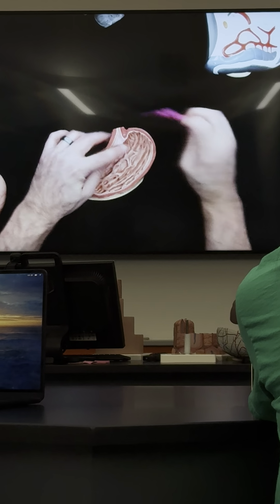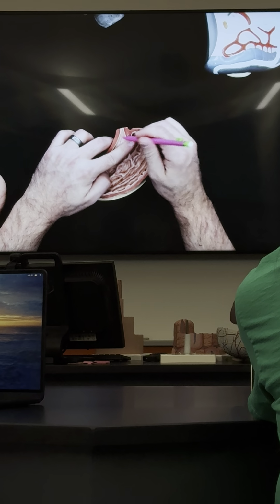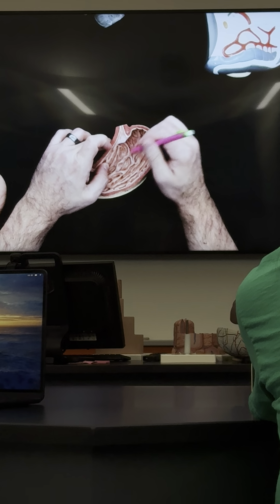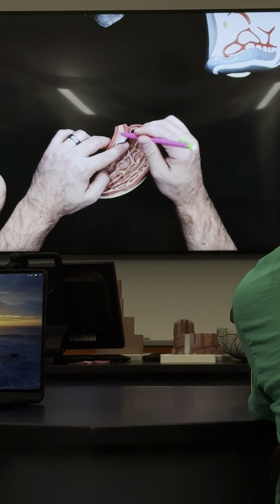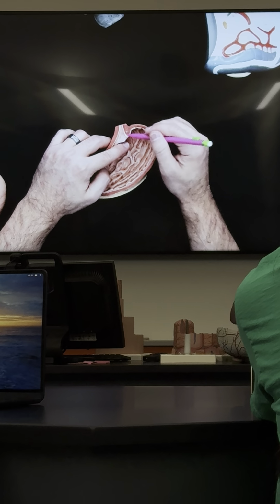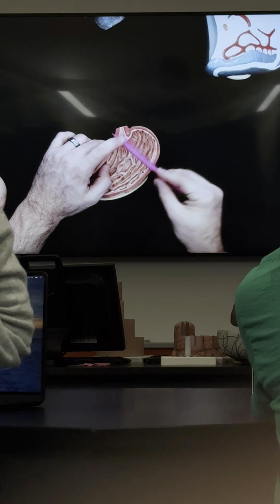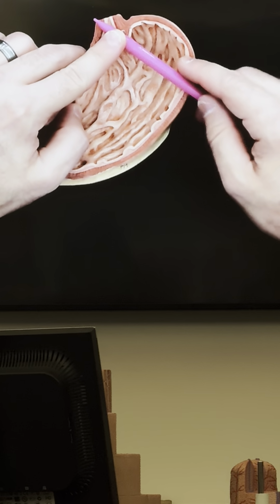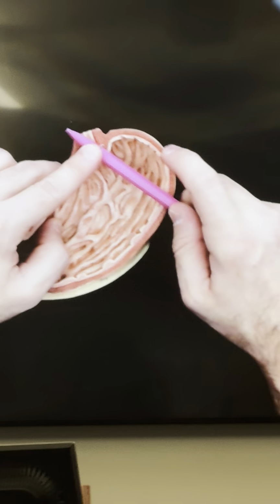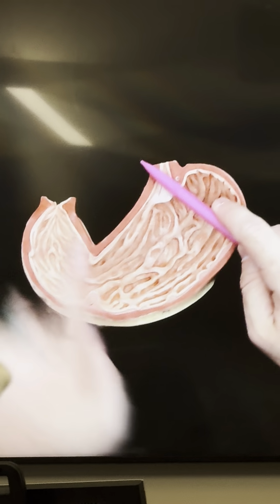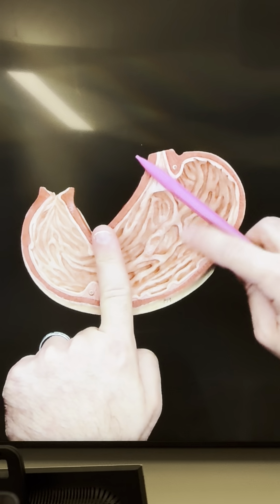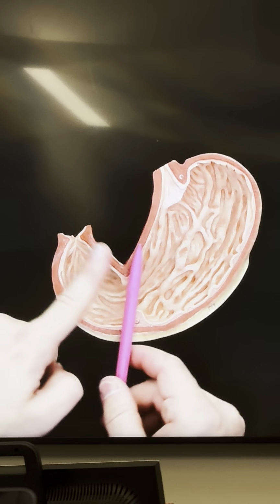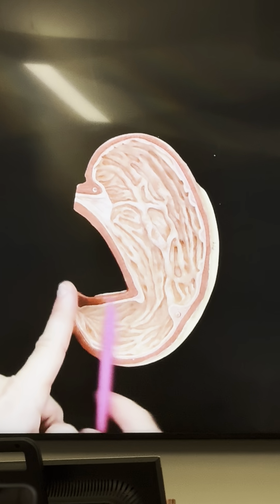This, like above my finger, that's the cardiac part. After the cardiac sphincter, but before the rest of the stomach, you have this little part right here, cardiac part. Then everything above here, basically that, is the fundus. When the fundus gets stretched out, you get that, oh my god, I'm so stuffed feeling, just like you're absolutely full, like after a buffet or holiday meal. Right there. From about here to here, that's the body. Pyloric antrum, and then when it gets skinnier, pyloric canal.